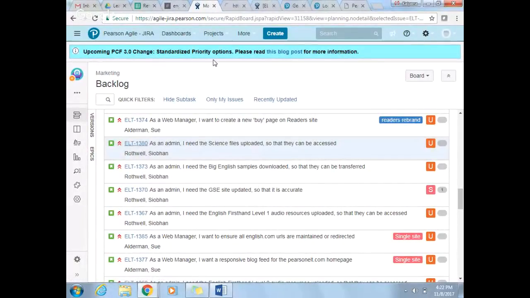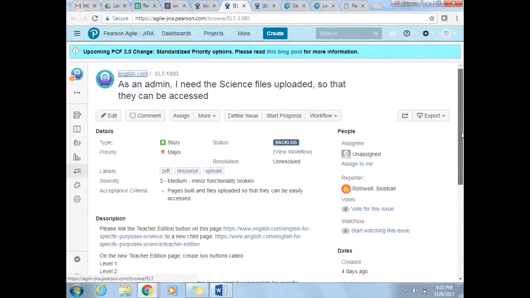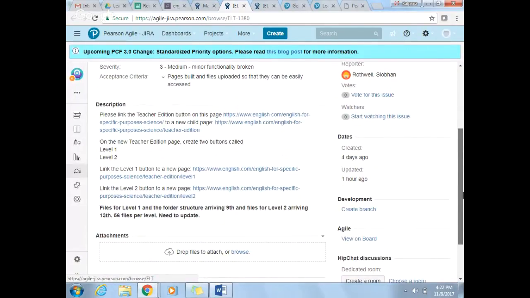1380. I think for this story, we are still waiting for the assets. Sue or Shibon, once we get the assets, we will estimate and then pull it into the sprint. Okay. Do you see from the note there that we've got level 2 arriving on the 13th, which is quite far into your sprint? Is that going to be a problem?